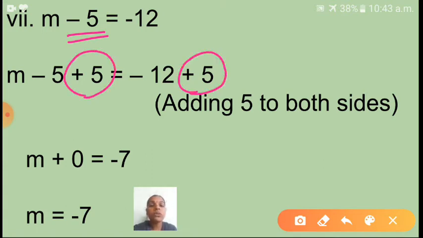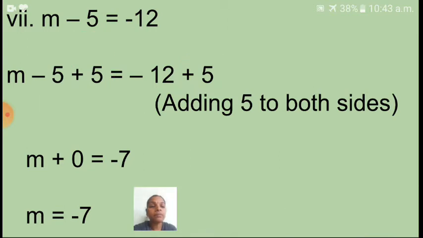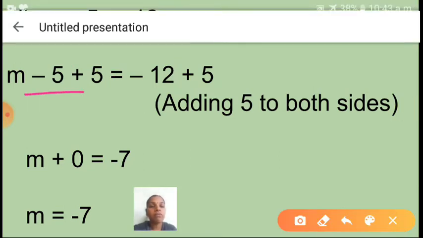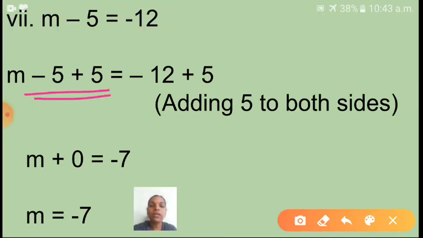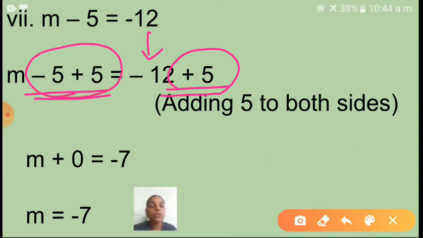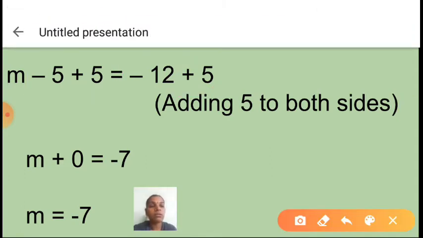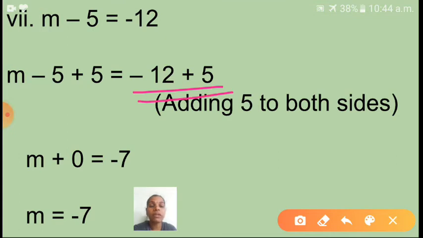Okay children, so next one is what? M minus 5 plus 5 is equal to this minus 12 I have written here, and extra one is what? Plus 5. Okay, so this one is what? The value is what? 0. So m plus 0 is equal to, next one you have to see here children, this minus 12 plus